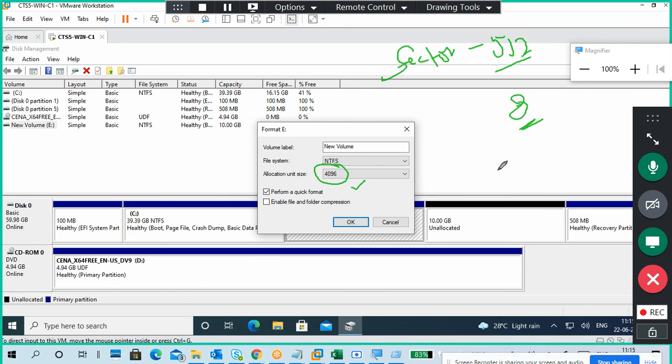So you need every 8 sectors as a single unit, or a single cluster. The word cluster is not used in Windows anyway, but in a different operating system like Linux or Unix, the words cylinder and cluster will come, so this is to understand that kind of wording.